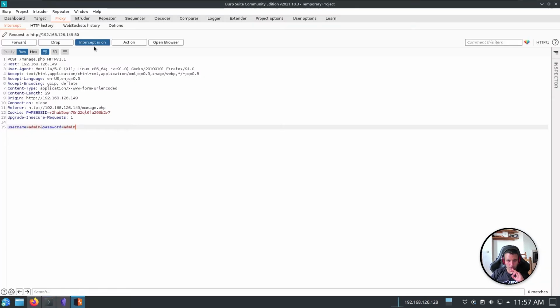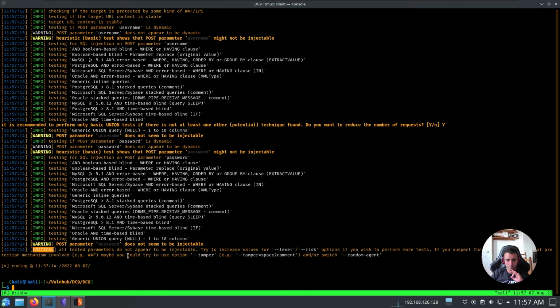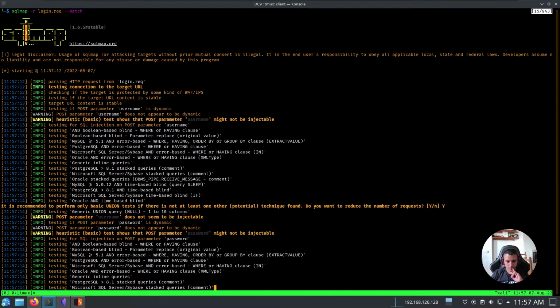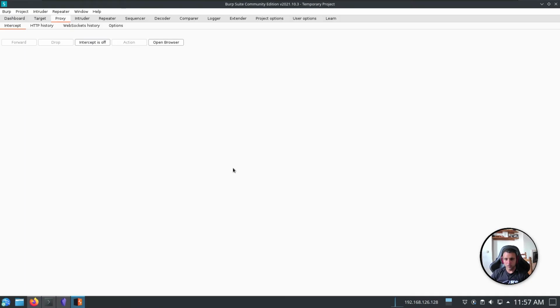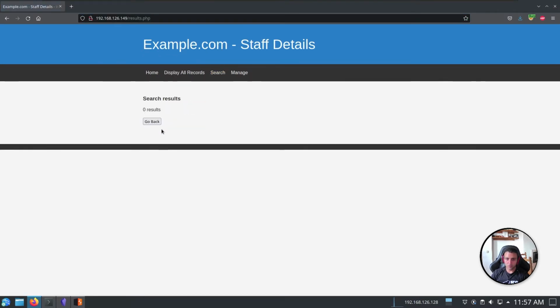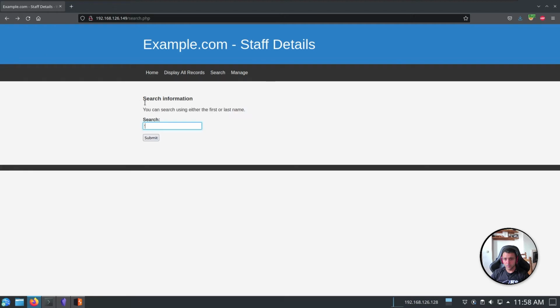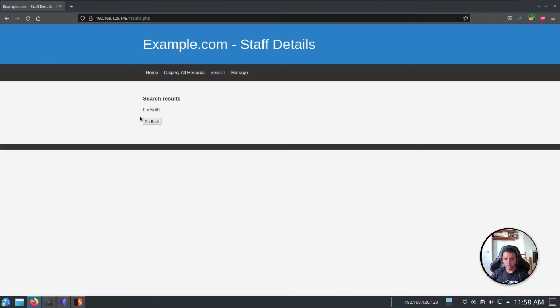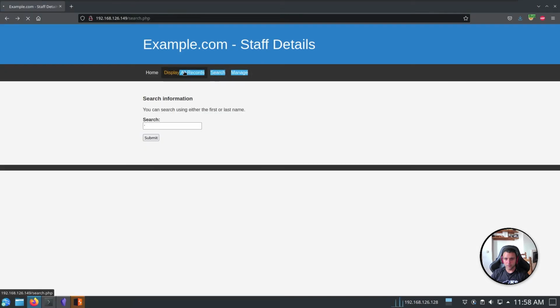So let's just remove the interception. Go here and something might just happen. Let's see. No, it did not happen. Alright, so let's try the other field. Maybe do search, do a single quote, 0 results. Let's try to do the same thing with Burp. Or actually here I'm going to type ASD, maybe. Do we have any result with that? Or records,